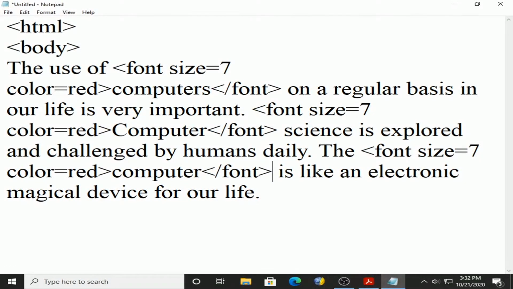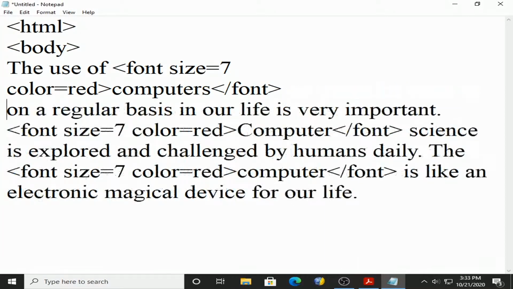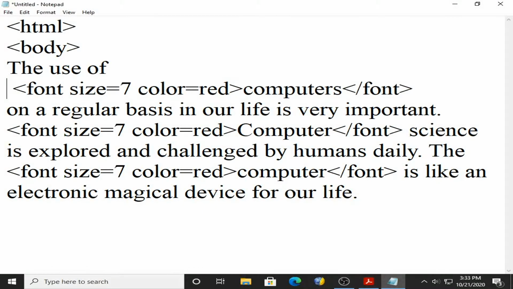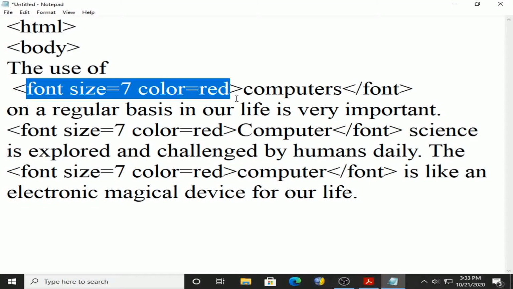But the question is, why does it happen so? Because in HTML, presentation and content both coexist. For example, the word computers will display with size 7 and color red.